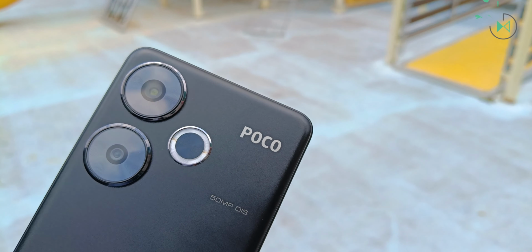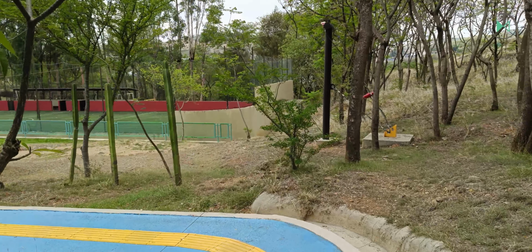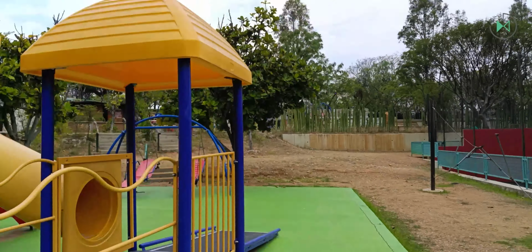And as for the stabilization, recording in 4K, you depend entirely on the optical stabilization because it does not have digital stabilization, so you can notice a lot of movement, so it would not be advisable to record action-heavy scenes in 4K because they will look a little ugly. Even if you are walking with slight movements, it is very noticeable, and obviously when you are running, it will